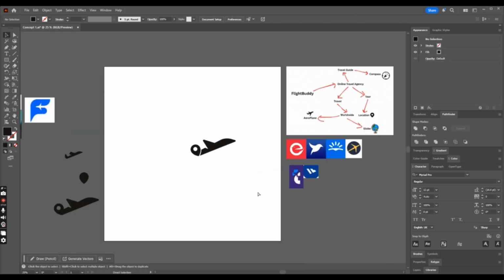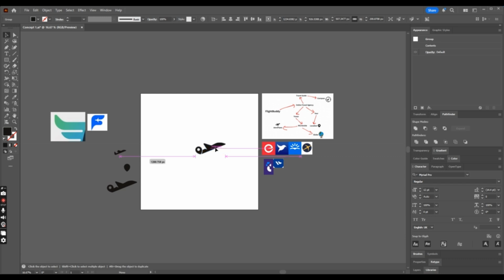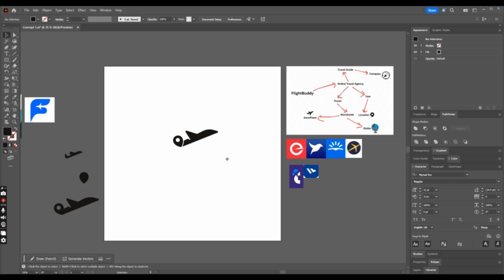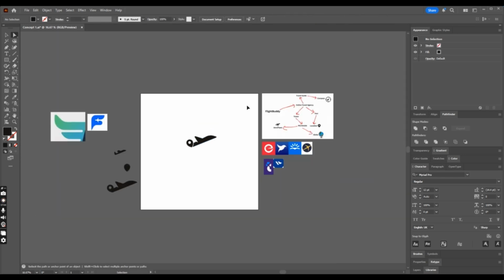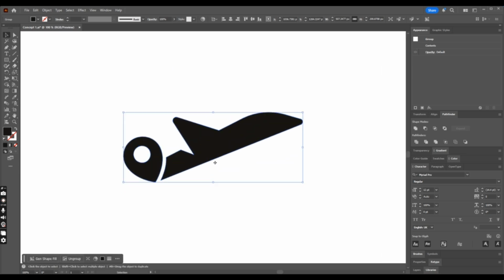So we have drawn the main shape here, but the main problem is that we have not yet made it look more like an airplane. So let's work on it to see which one works well